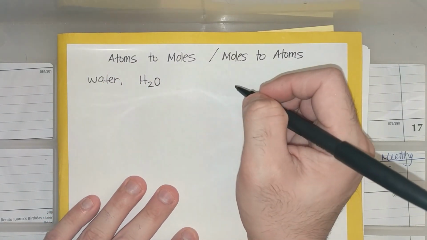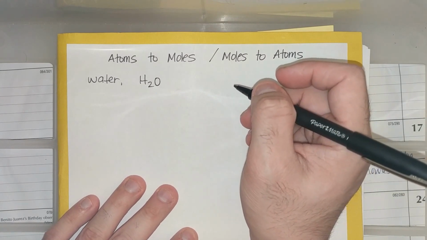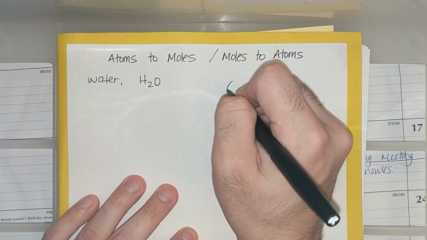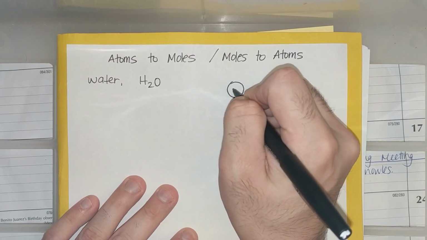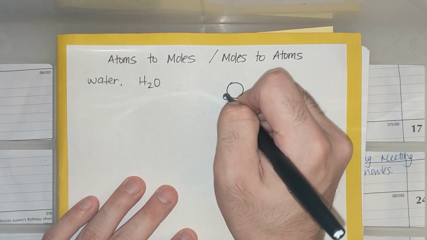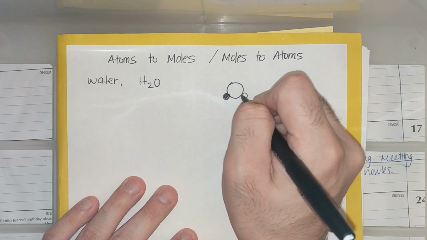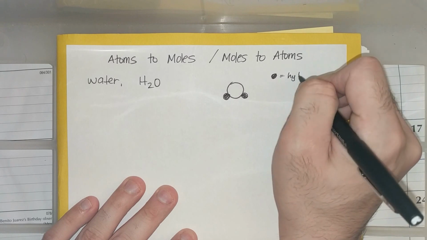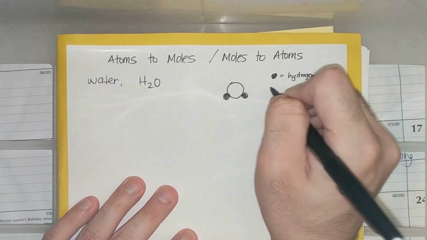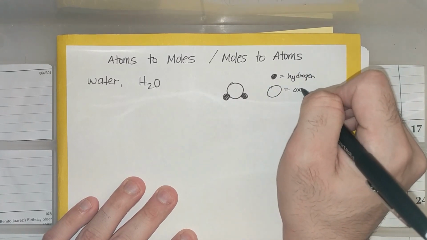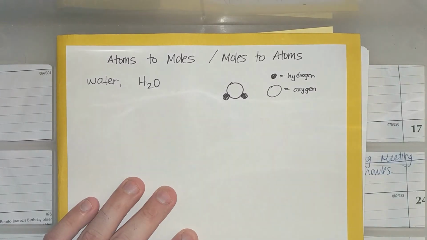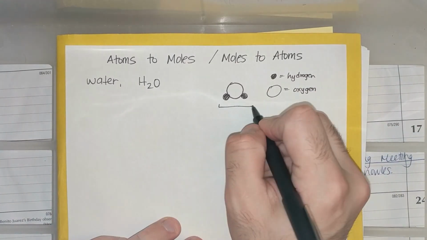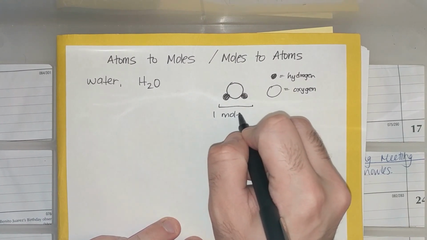And I'm going to actually draw a particle diagram of water so you can see how I'm counting things. So I'm going to make a big circle for oxygen, and I'll make these two little circles for hydrogen. Alright, so hydrogen, bigger circles, oxygen. Okay, now we could just simply look at this one molecule of water,